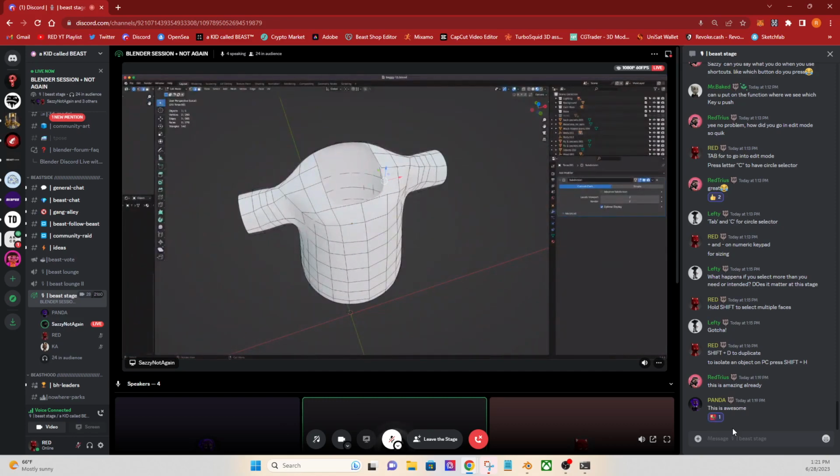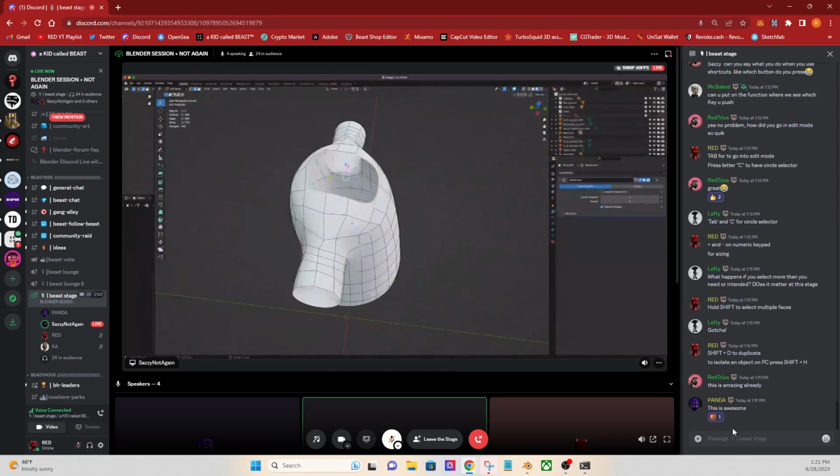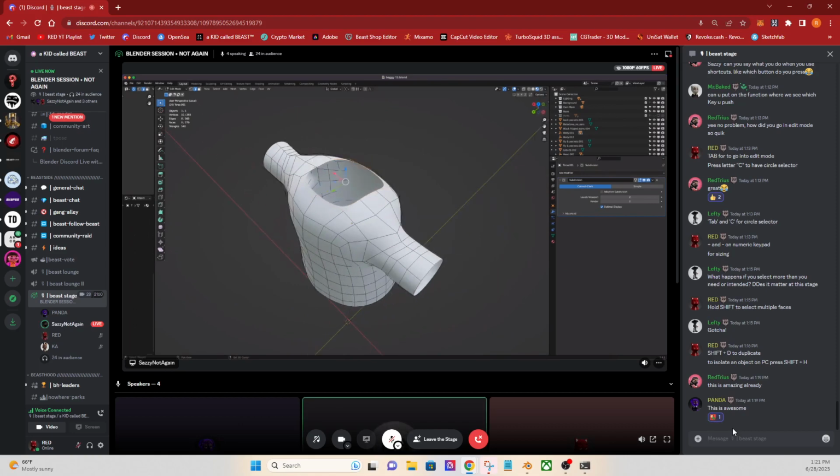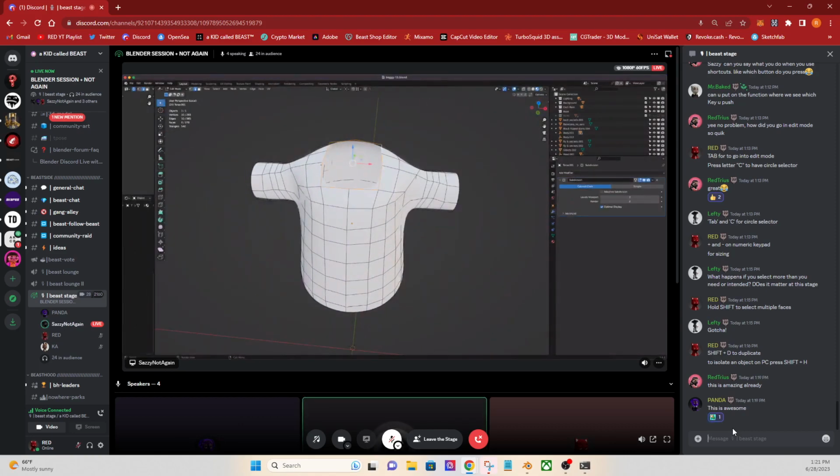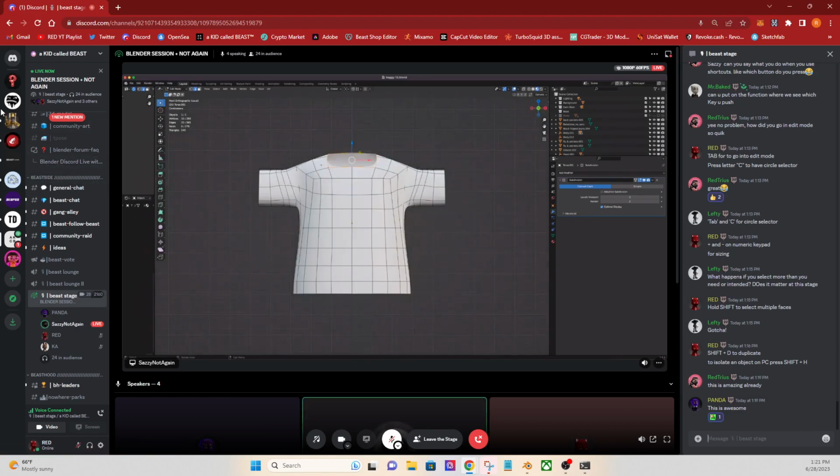And I'm going to select the edges of where this is right now. I'm holding shift and selecting the edges so that they stay together as one selection. And once I have all of them here, there's a few things you can do now. You can duplicate this and make it smaller. That's not the ideal way. So I'm just going to extrude. Give me 1 second. I'm going to extrude with the letter E, and now you can see it's going to start adding more